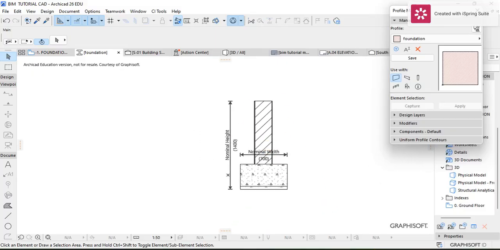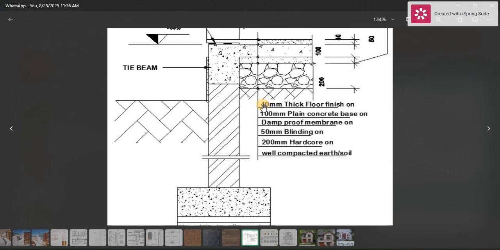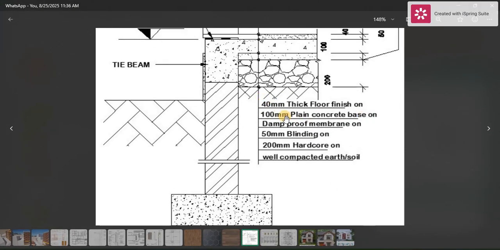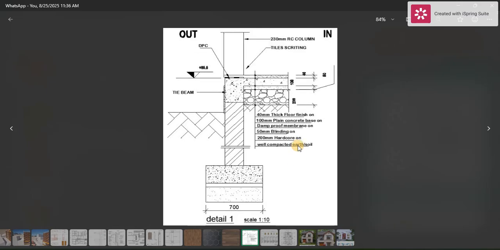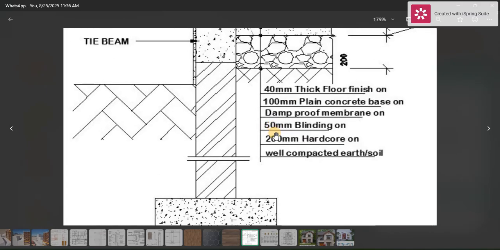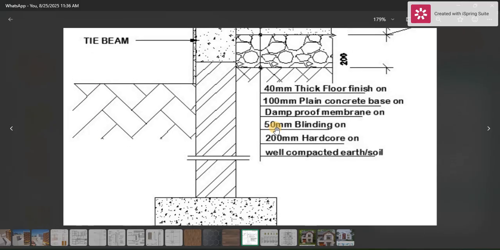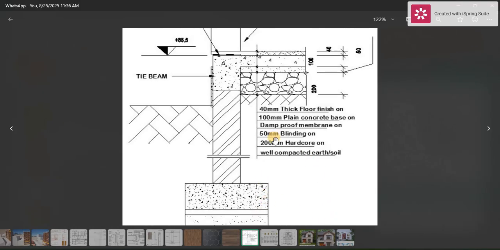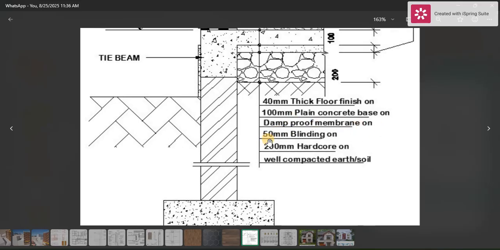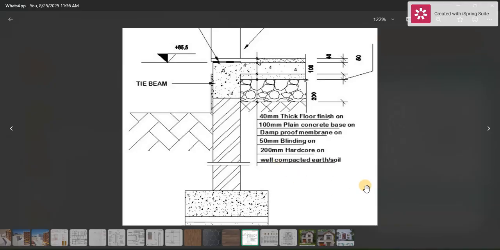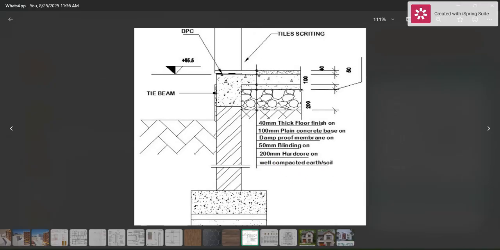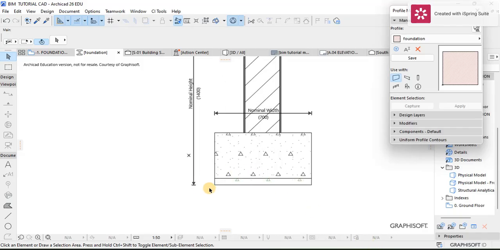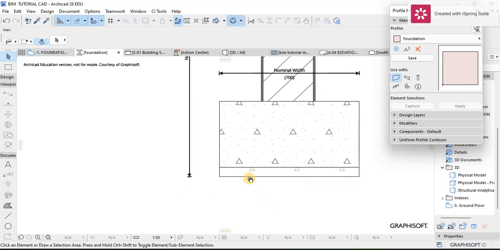concrete. So let's just go back to the reference to see if we are going in the right direction. So yeah, they've also made it known that these are 50 mm blinding. Yeah, the one that you have made there. And then there's a damp proofing membrane on this 50 mm blinding. And then there's a well compacted earth. So let's just make the damp proofing for the blinding, which is this area here, so that the water does